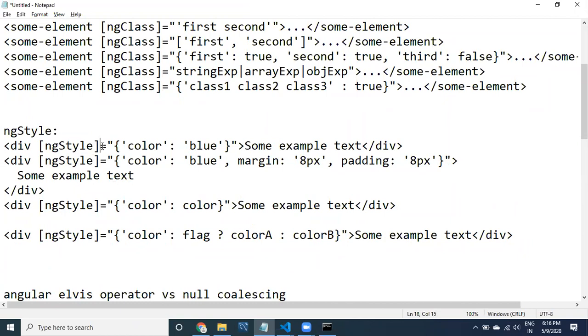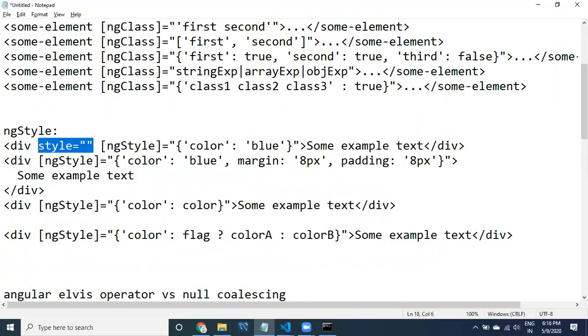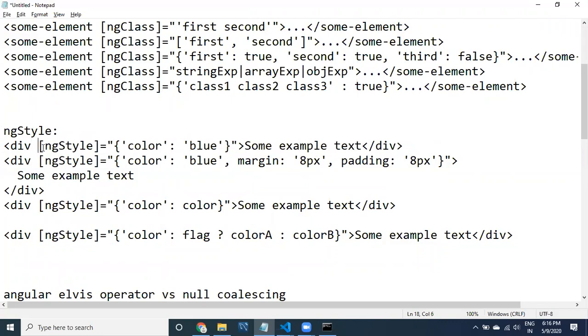In the normal approach, on any element you apply style and then provide the style names. But in the Angular approach, where you can apply dynamic things, we use ng style. See here guys, ng style equal to, these are the styles we need to apply.